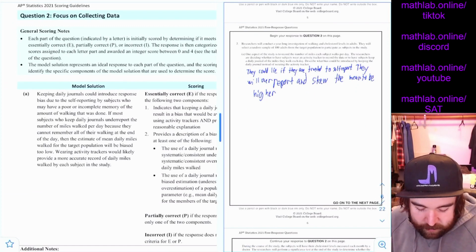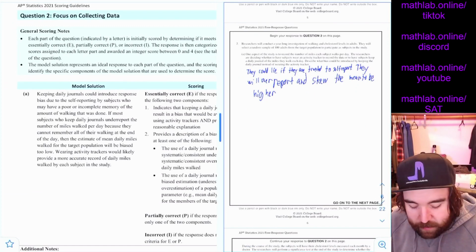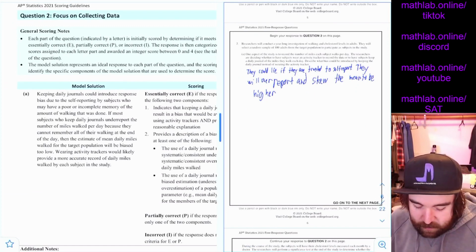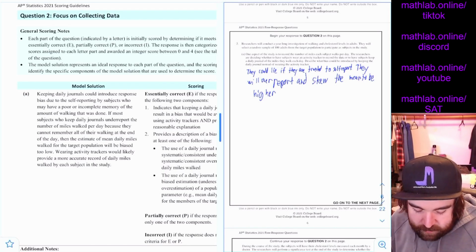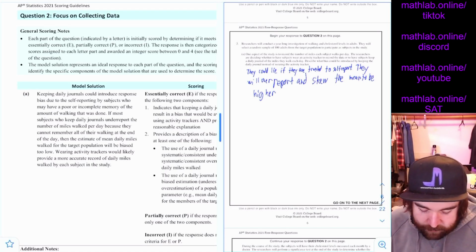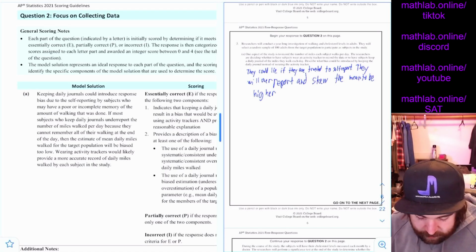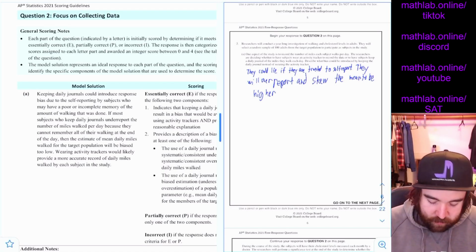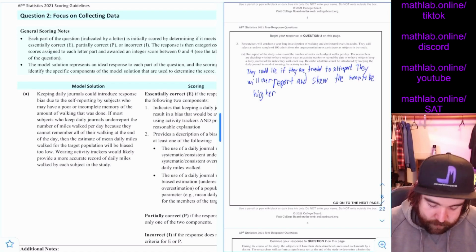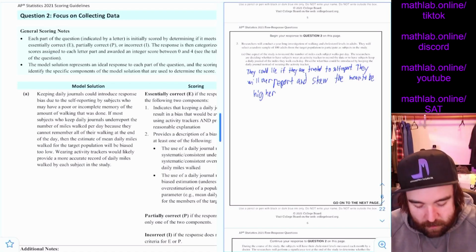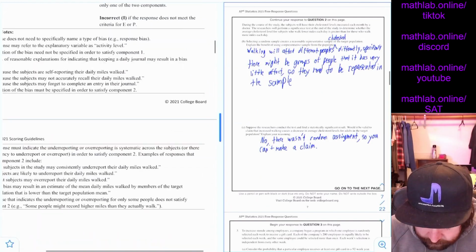Keeping daily journals could introduce response bias, a response bias due to self-reporting by subjects who may have a poor or incomplete memory of the amount of walking time that was done. If most subjects who keep daily journals underreport the number of miles walked because they cannot remember, the estimated mean of the day would be lower. Okay. B,